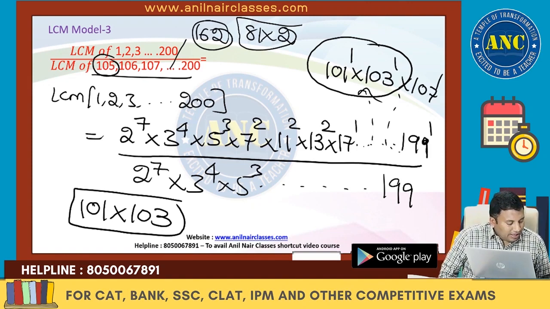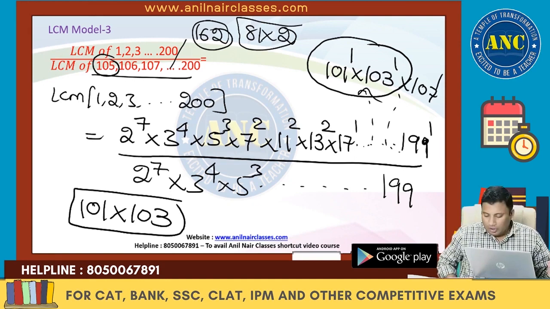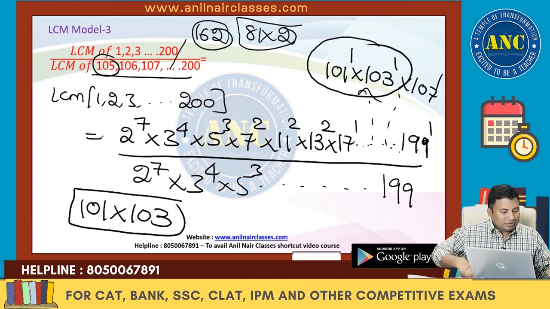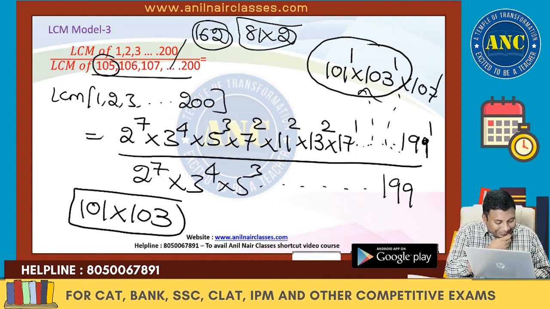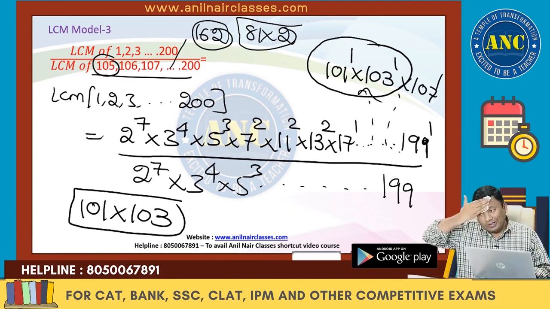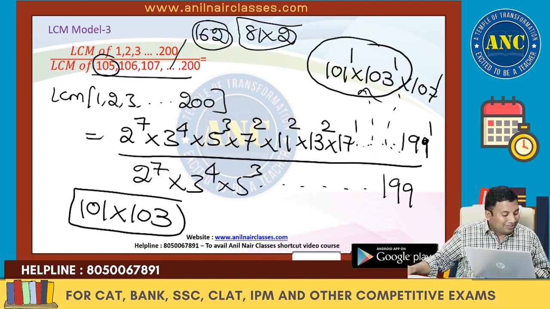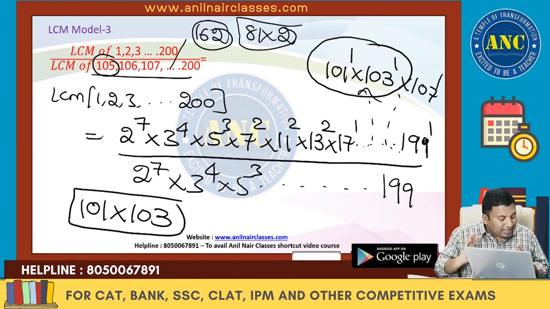For us, you really need to reduce the number of times you keep the same line. So many times you are keeping the same line again and again. I hope it is clear, right? Any doubts? LCM always takes the highest power of the prime. What is the doubt? Please mention the doubt. How will I come to know what is your doubt if you say, sir, doubt? What exactly is your doubt?